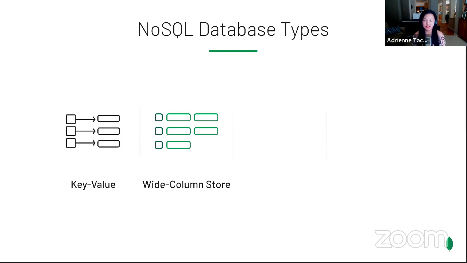But these are mostly used when you need to store really large amounts of data, and you can't really predict how you're going to query or search or look up that data. If you don't know what kinds of patterns you may have, then this is a great way to store your data. So wide column stores are, because of that reason, very popular for storing information that comes from